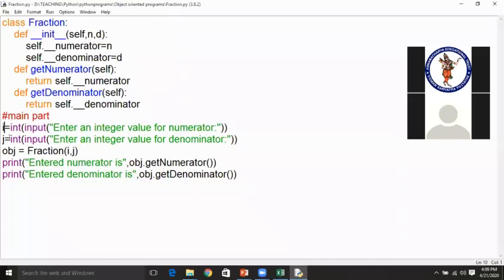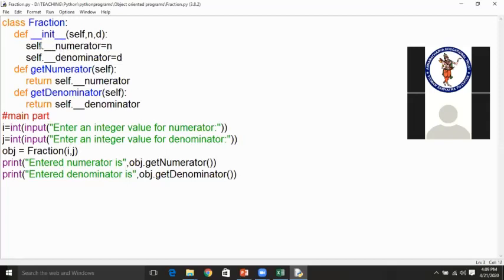So i and j are received, and this is where you are creating an object of the fraction class. While you are creating the object, i and j are passed as parameters, and whenever this line is executed, the control immediately shifts to a special method. These are treated as special methods, called whenever an object is created for a particular class. So i and j will be passed and handed over to n and d. And self is a default variable which will help us in accessing the members of the class.